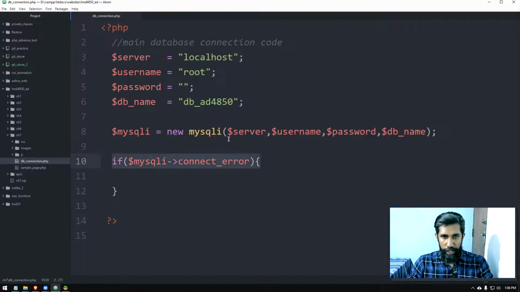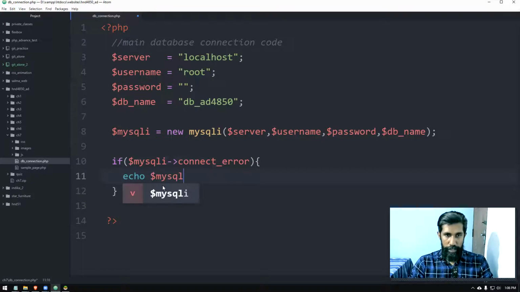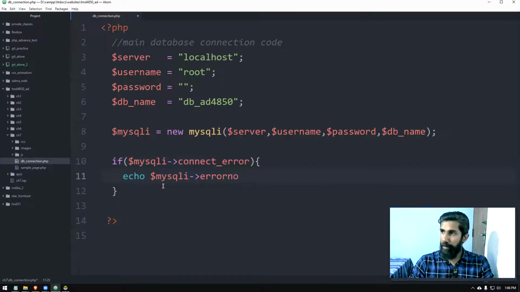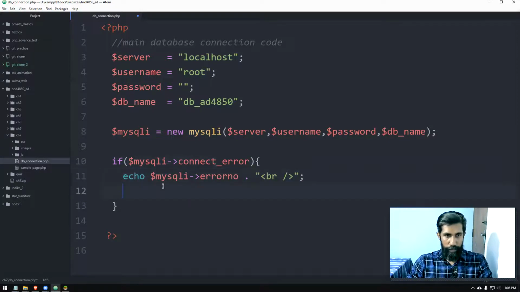So if this is true, you will go inside the code. So I will put an error message, we'll say, I will display MySQLi error number. Then again, we can use what is the error. We can get it displayed.